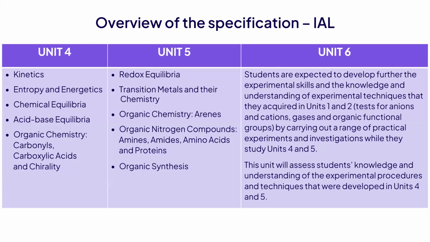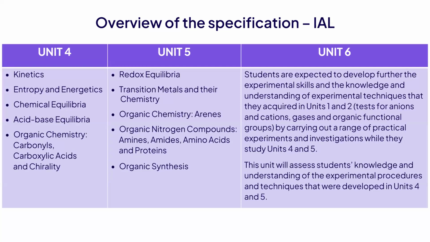In unit 5, you've got redox equilibria. Again, there is a mathematical aspect of this in terms of calculating E0 cells, etc. And now we move into transition elements and their chemistry, some more organic chemistry. This is where we move into the arene section. And then you've got organic nitrogen compounds, your amines, amides, amino acids, and proteins. And then to round up the whole of the organic section, you've got organic synthesis, where the students will be expected to be able to use all of the organic chemistry that they have learnt so far and apply it